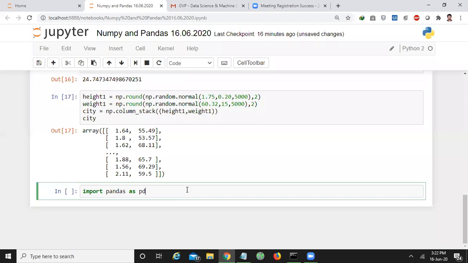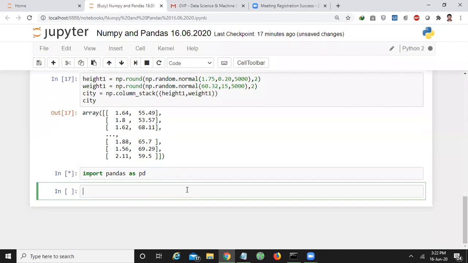If you want to study values that belong to a particular domain, this package is going to be used. So for that, I'm importing the package called pandas.